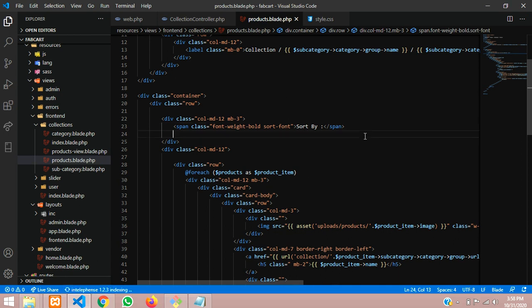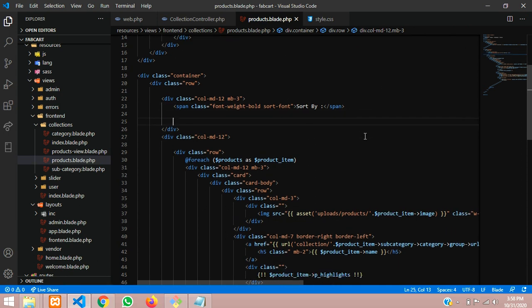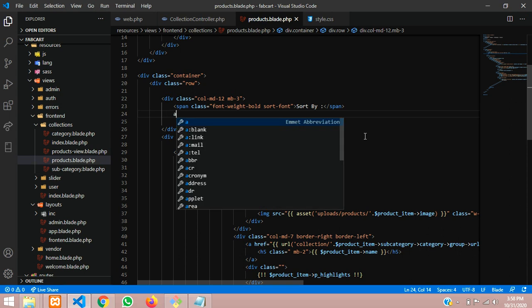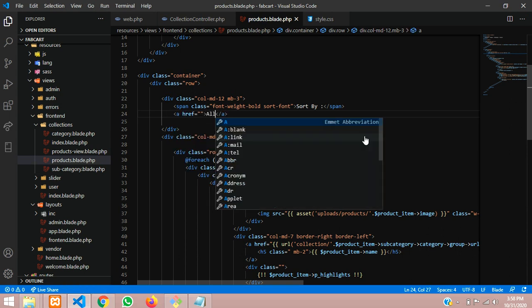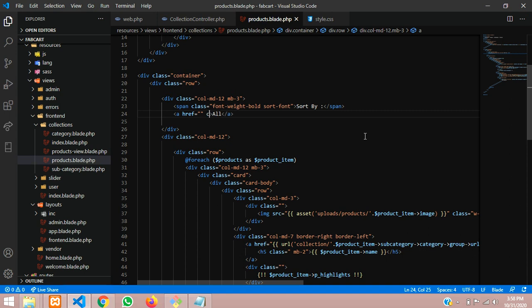That's it. And now let's use the a tag. I will use an a tag, and here I will write All, and the class I will give is sort-font. This is the class which I am going to use.